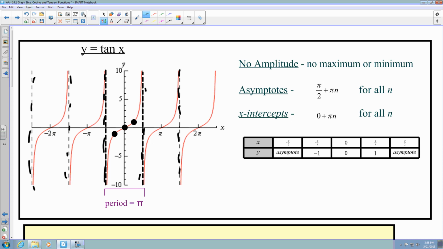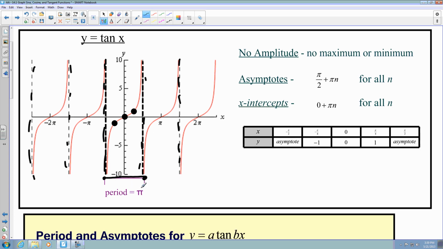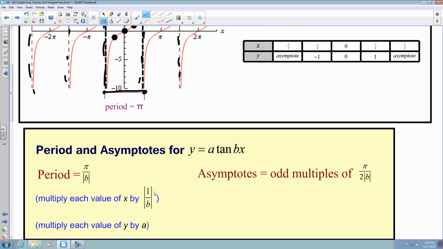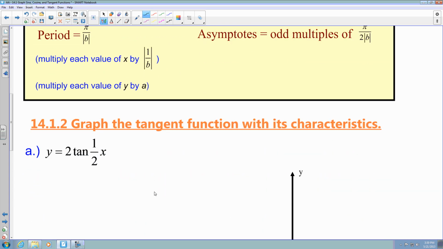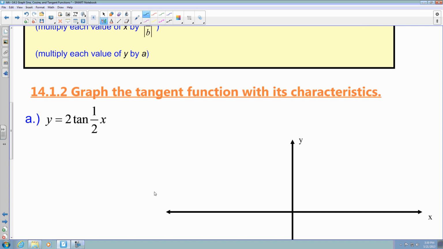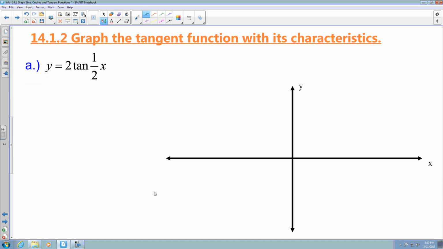That's where we get the undefined functions in our graph. Another thing that's different is that the period occurs from both the positive and the negative value of our graph. So what we're looking for is this. Just like what we were looking for in our points for sine and cosine,